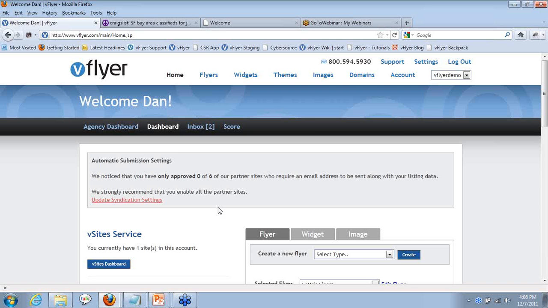This is the logged in homepage. When you log into your account, you'll see something like this. Instead of saying welcome Dan, it'll say welcome your name. Just briefly, I want to go over a couple things on the homepage. First thing you might notice is this message in the middle of the page that says automatic submission